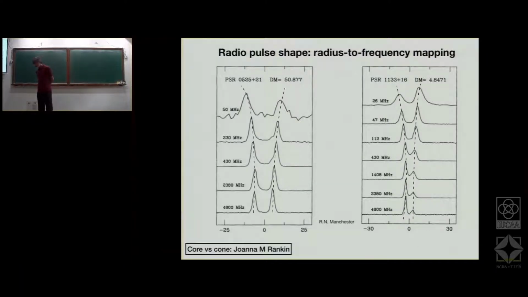And they also seem to have a higher degree of circular polarization in those components than these components tend to show. So such components have been classified as core components of the profile. And Joanna Rankin has been working on this for decades now, where she has classified a large number of pulsars and looked at specific conal components and so on. So it looks like the conal components may have a slightly different origin of radio emission than the core components.